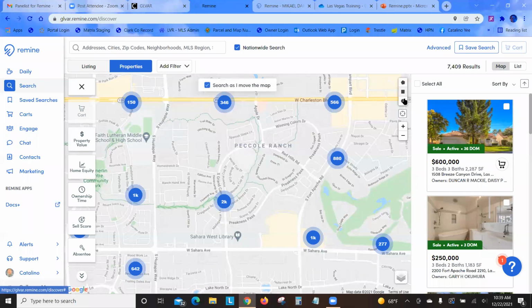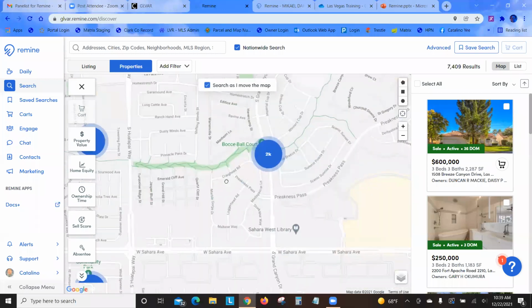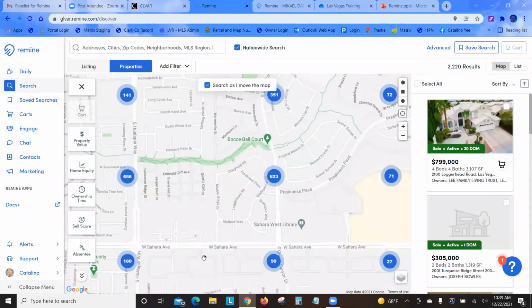You see on the top right on the map, I can draw a shape. So I can just target a small area of Piccole Ranch. Maybe you can do the Southwest, the Northeast, whatever corner you want to pick. Let's go with the South. So here's Sahara, in case you don't know where we are. Here's Wallapai,